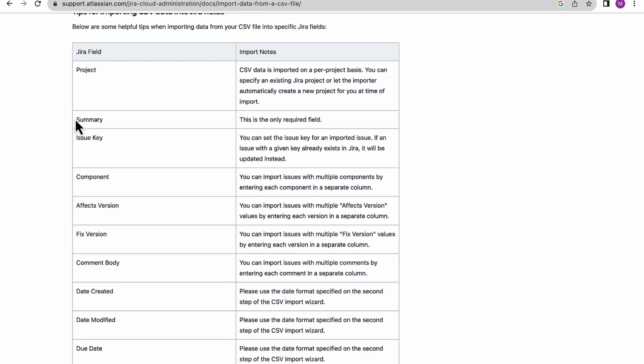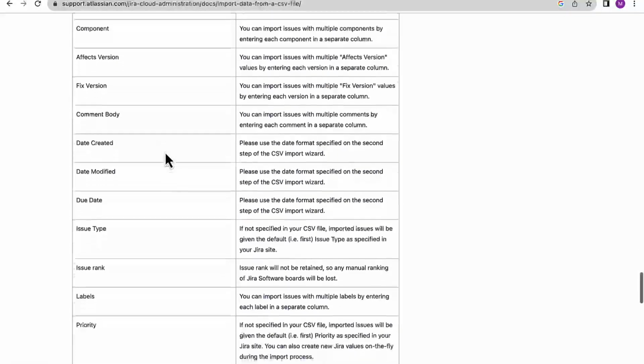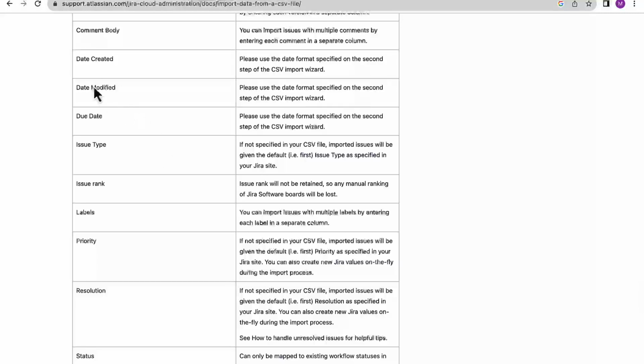For example, in the summary, it's saying that this is the only required field. Then if we come below to the date created, it's saying that please use a date specified on the second step of the CSV import wizard, the one which I showed you earlier,